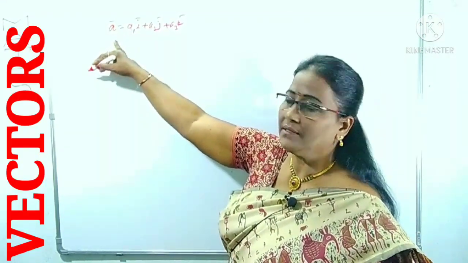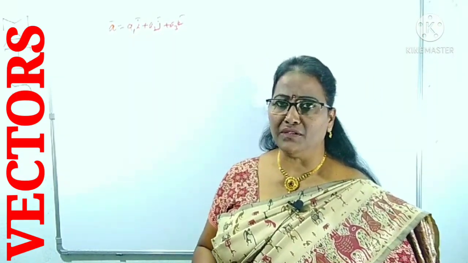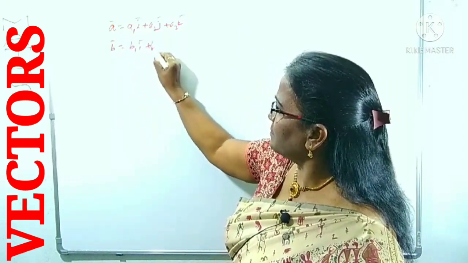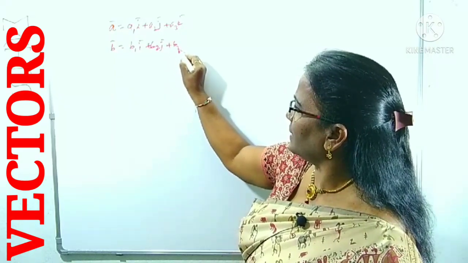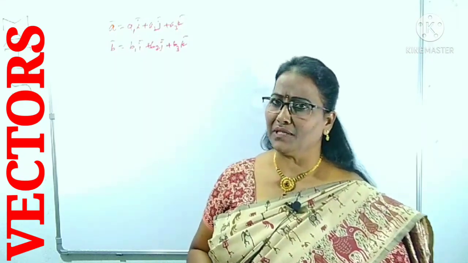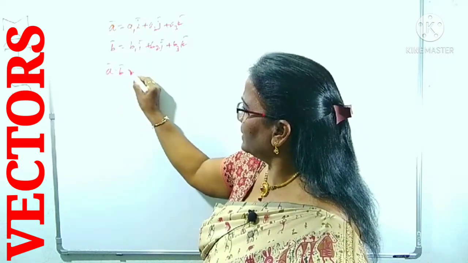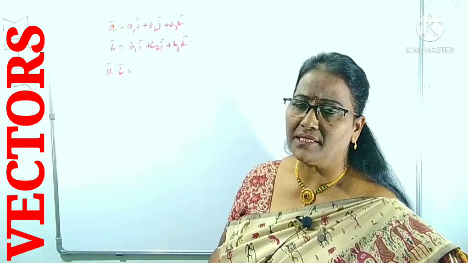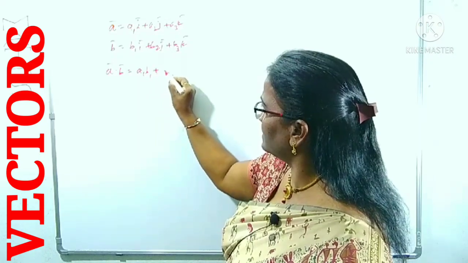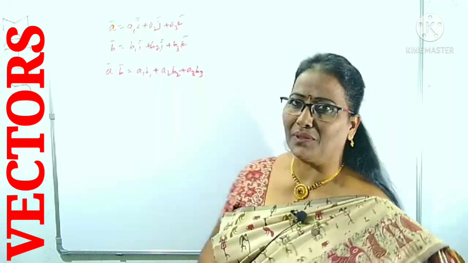This is called a linear combination of i bar, j bar, k bar. That means A is a linear combination of i, j, k, and B is another vector in the form of B1 i plus B2 j plus B3 k. So these two vectors, A bar and B bar, are linear combinations of i, j, k. How can you use the dot product? Between them, we simply take the product of the elements. These are called scalars. That is the sum of the products A1 B1 plus A2 B2 plus A3 B3. This is the dot product.